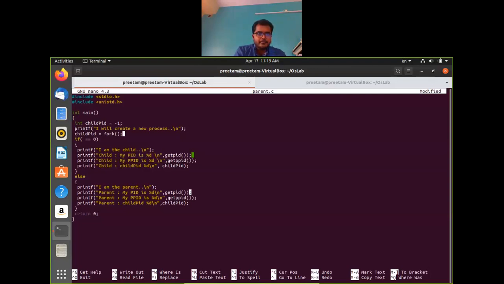So in the child section it will be 0, and oh, I forgot to do the child PID. So we have to compare this if with the child PID, right? So when this child PID is 0, it will print 0, there is no value. But whenever it is in parent, it will print the PID of this child. Okay. So in this child, whatever be the getpid value will be the same as this child PID.